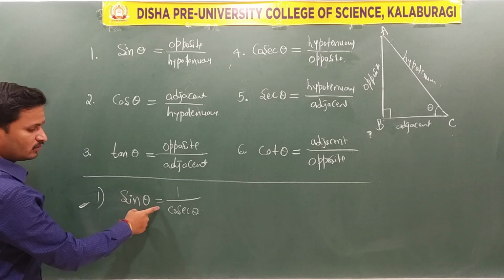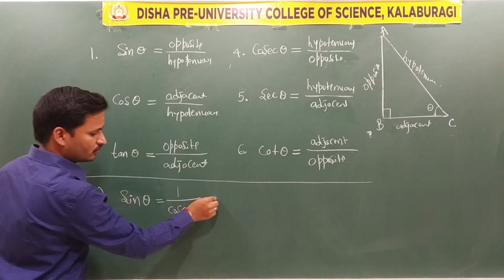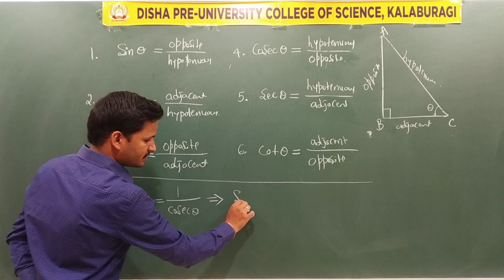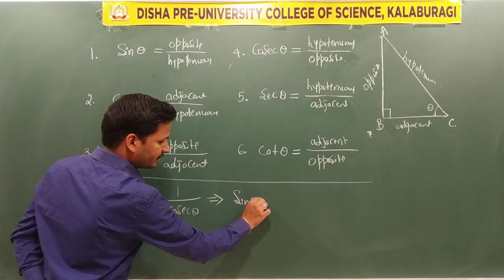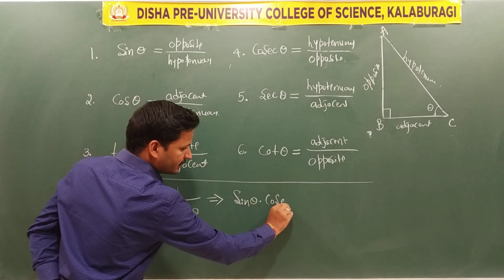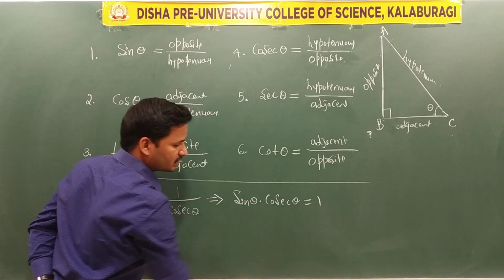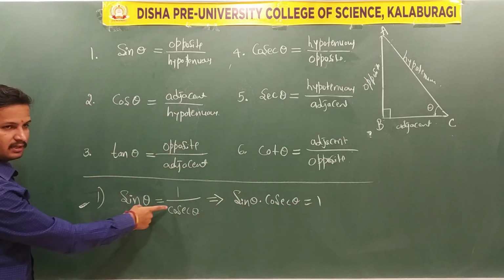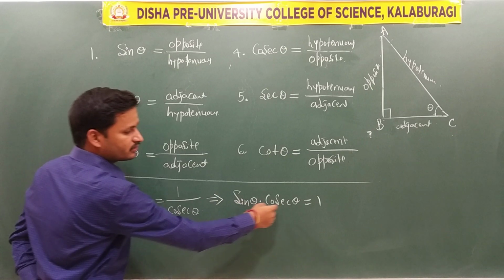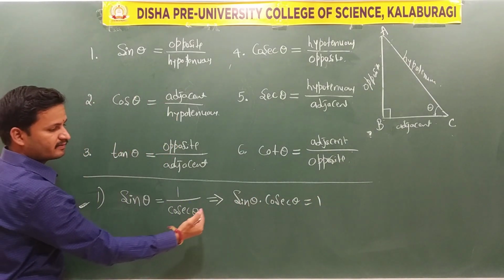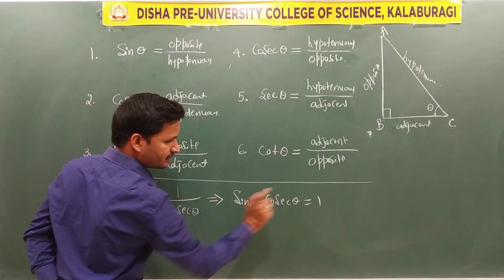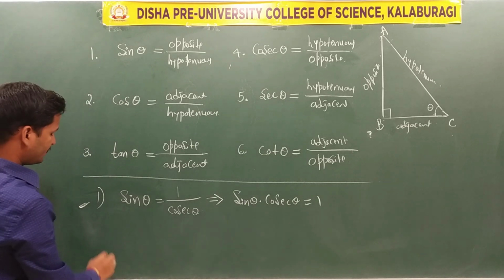Sine theta into cosecant theta is equal to 1. That means the product of the sine function and the cosecant function is 1. So then the next one is